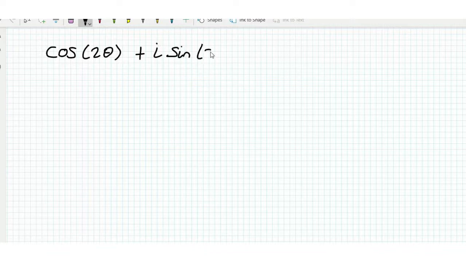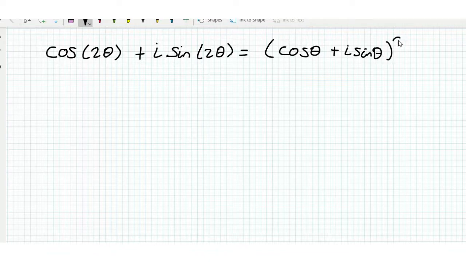Continuing to look at complex numbers today, the first thing we're going to do is use De Moivre's theorem to show our double angle formulas for sine and cosine. So if we consider cos 2 theta plus i times sin 2 theta, by De Moivre's theorem this is equal to (cos theta plus i sin theta) squared, and that's equal to